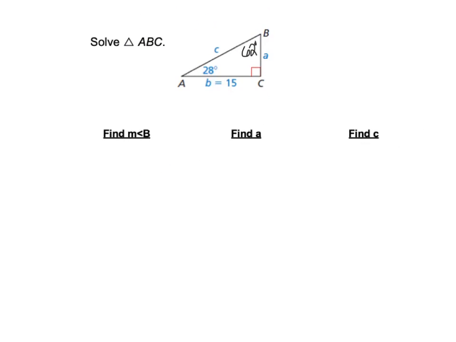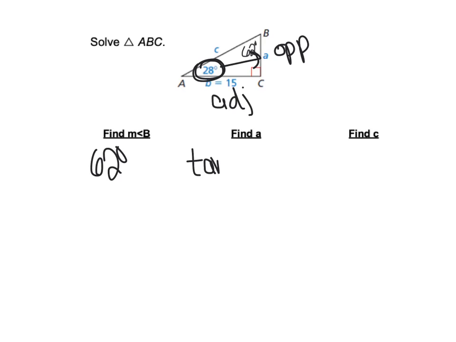If I wanted to find side length A, okay, I have a 28 degree angle. Side A is opposite of it. 15 is adjacent to it, which means I have opposite and adjacent, which is tangent. So I'm going to use the tangent of 28 is A over 15. So I'm going to multiply 15 times the tangent of 28, and I get